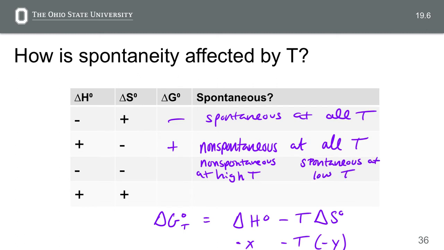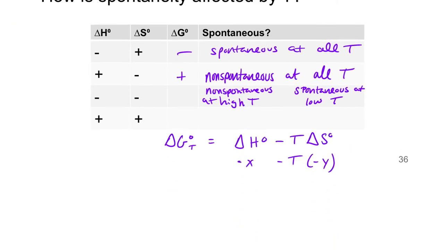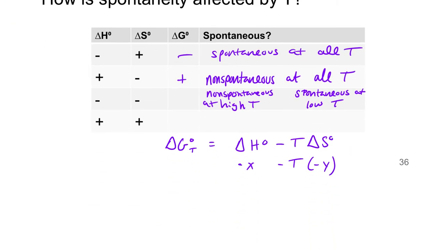Does everyone see that? Yeah. Naomi: How do you define high temperature versus low temperature? Great question. We'll come back to the positive. So how do we define high and low temperature? Great question. So we know that